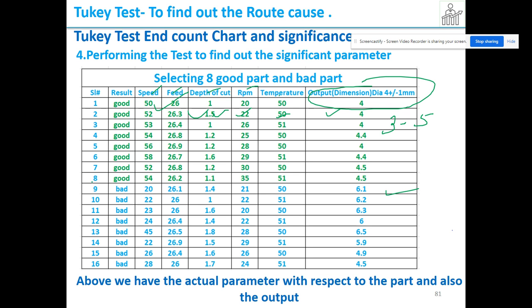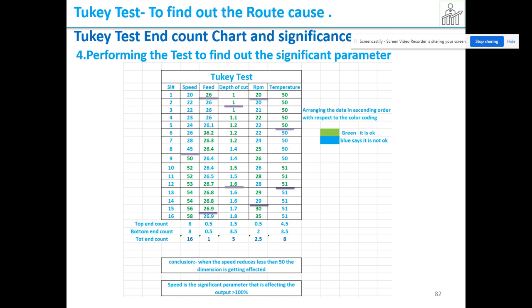So now you filled out 8 good parts data, and you have 8 bad parts data. That means you collected when the part was okay within the specification, what was the parameter, and also you have calculated when the part was not okay, what was the parameter for all: speed, feed, depth of cut, spindle RPM, and temperature. So once you plot this data like this, now what we can do is we can